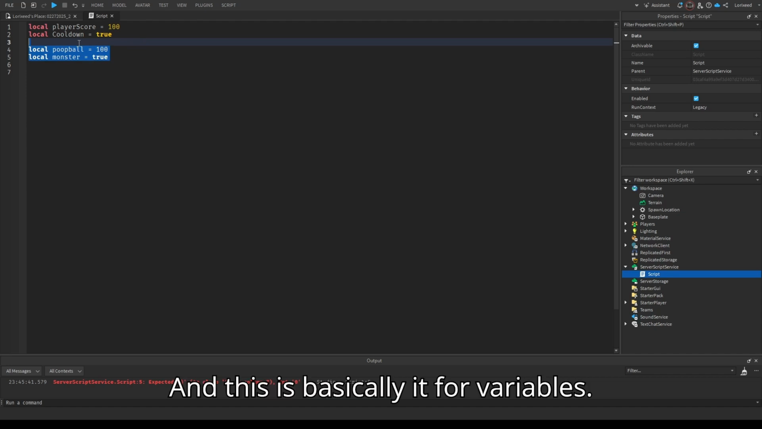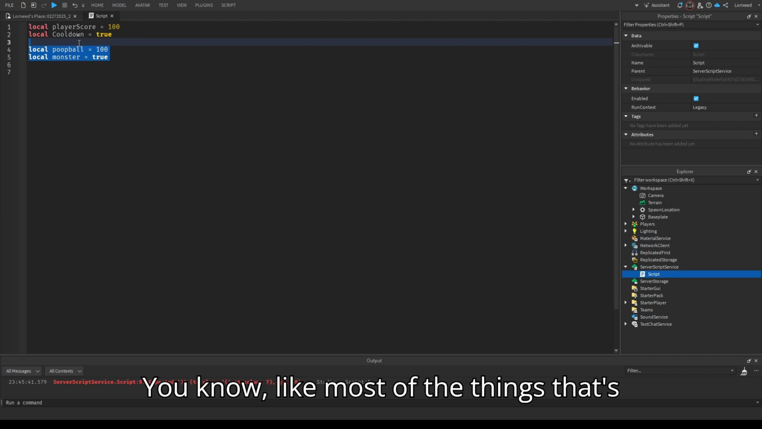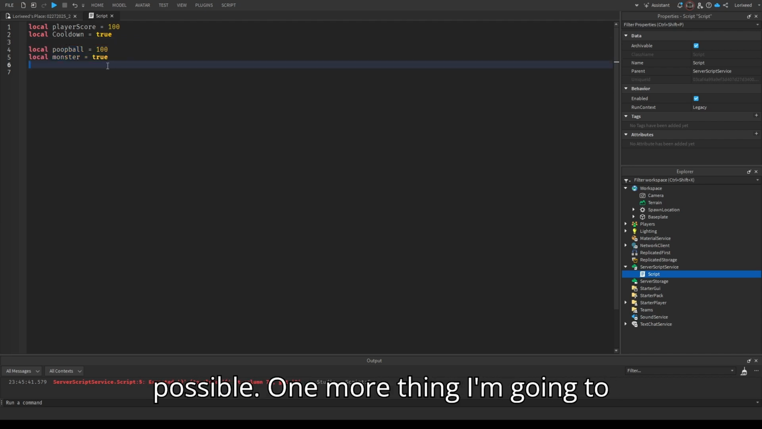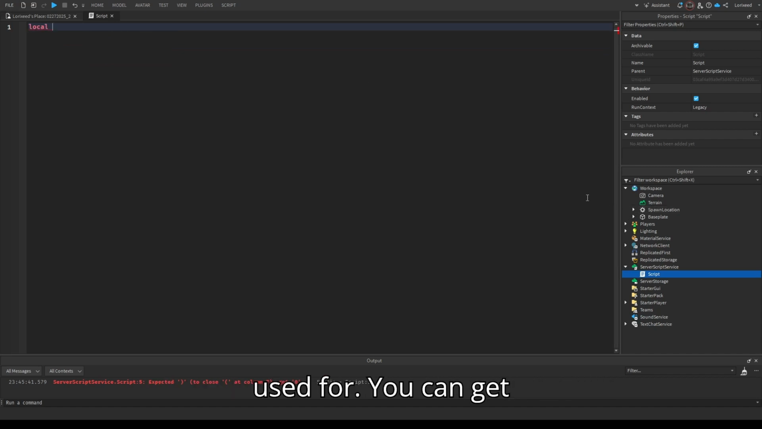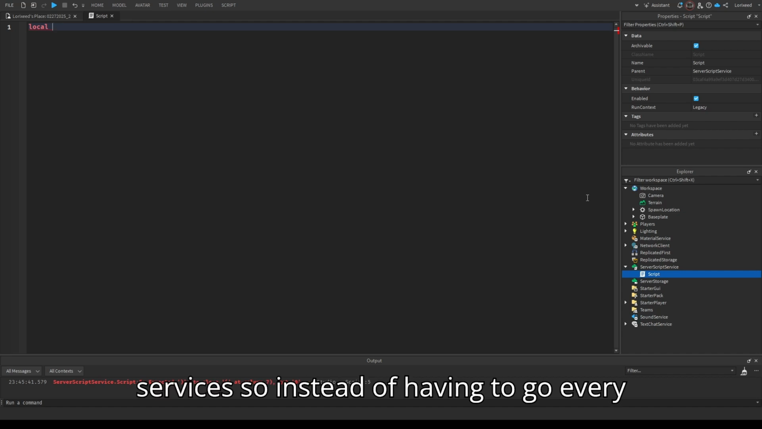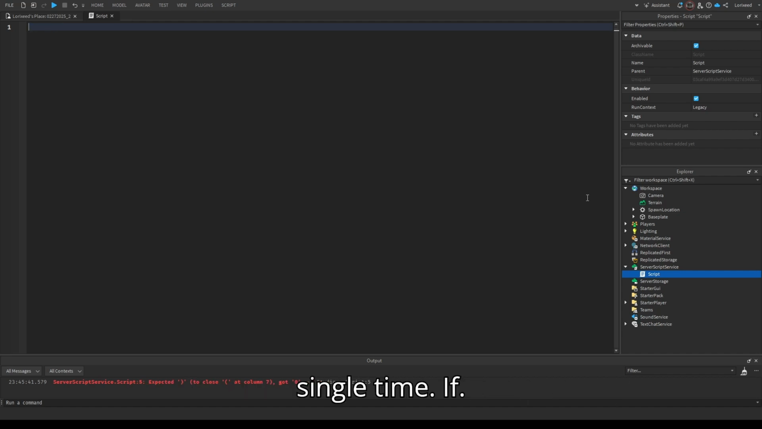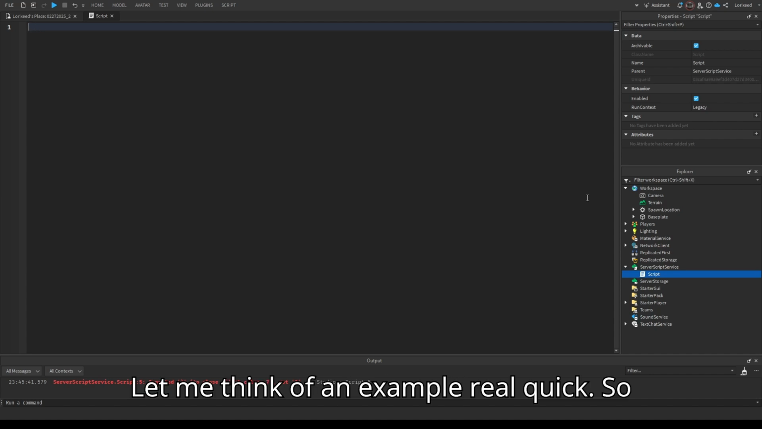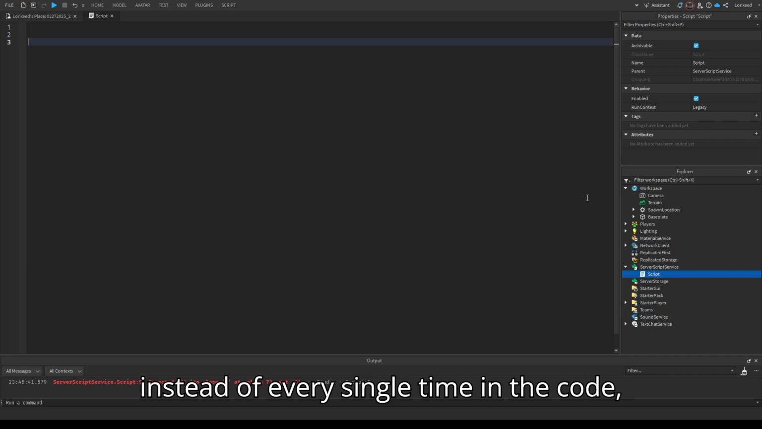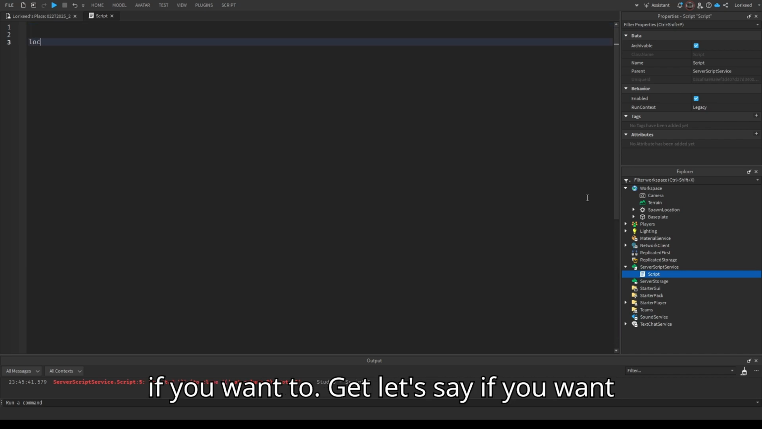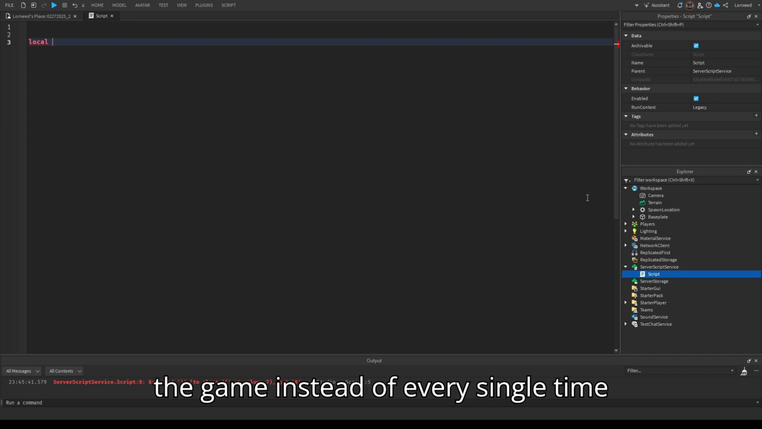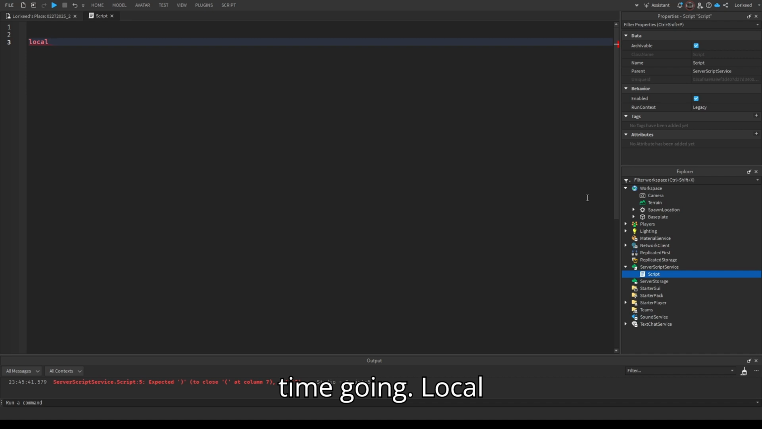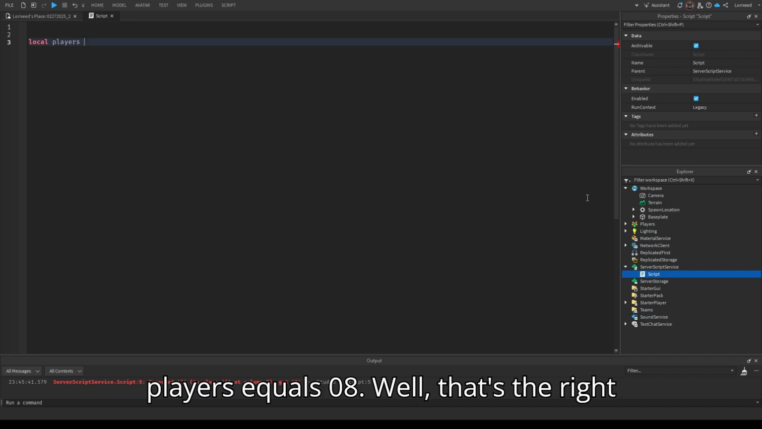And this is basically it for variables. You know, most of the things that's possible. One more thing I'm gonna show you is what variables are usually used for. Like you can get services. So instead of having to go every single time, let me think of an example real quick. So instead of every single time in the code, if you wanna get all the players in the game, instead of every single time going local players equals, oh wait, well that's the right way to do it,